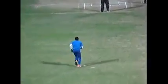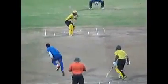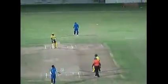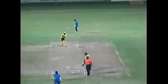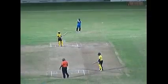Just looks to have that natural ability, that common sense approach to cricket. Here we see he runs in now, and this delivery, the batsman is again cutting. Not necessarily the fastest delivery you've seen, just probably bowling within himself, Kimo Paul. The batsman was trying to force this one away through the offside, didn't get it through, so there is no